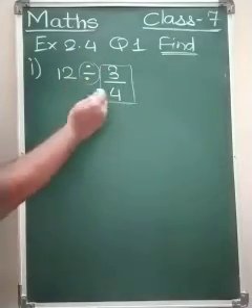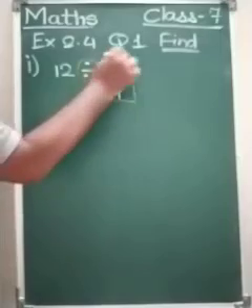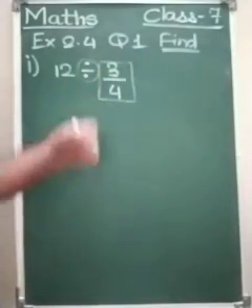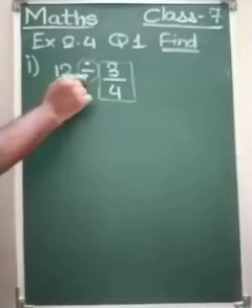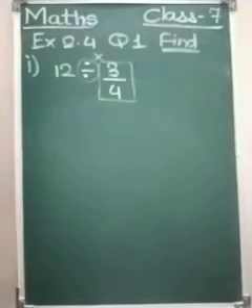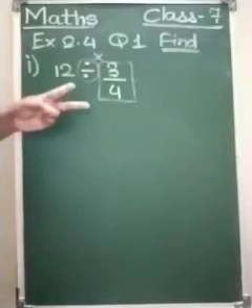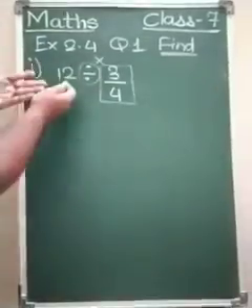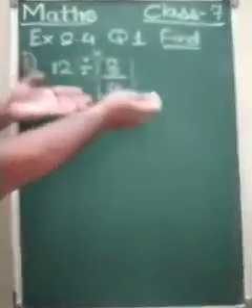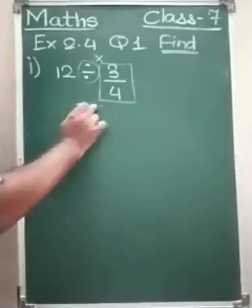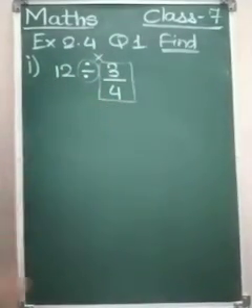The fraction which is on the right hand side of the division, that we are going to reciprocate, is to be done of this fraction, and at the same time the division sign would be converted into a multiplication sign. So these two things we have to follow when we are dividing anything. Let it be a fraction divided by fraction, a mixed number divided by fraction, anything. Whatever is on the right hand side of division, that reciprocal we have to do.